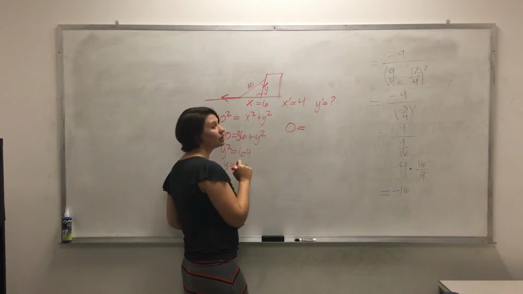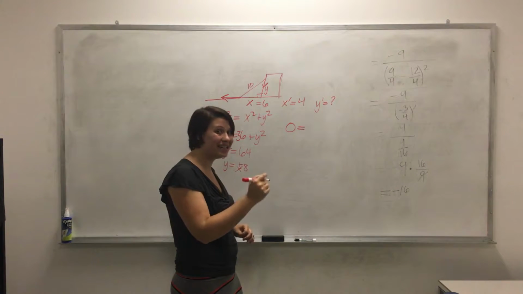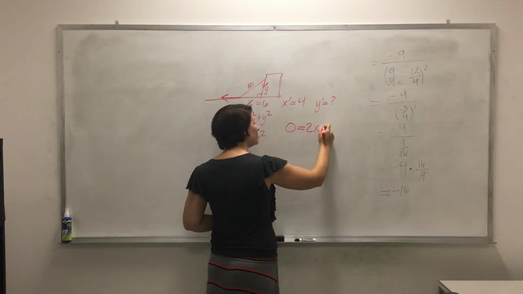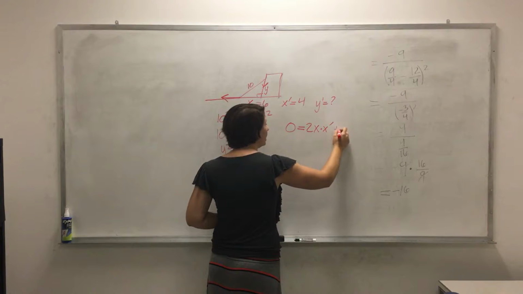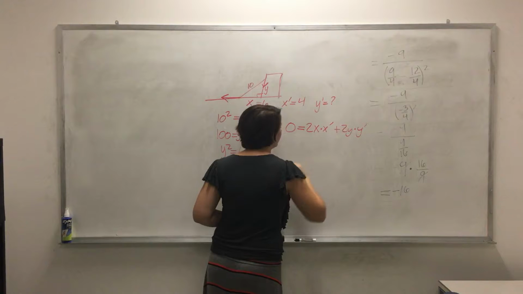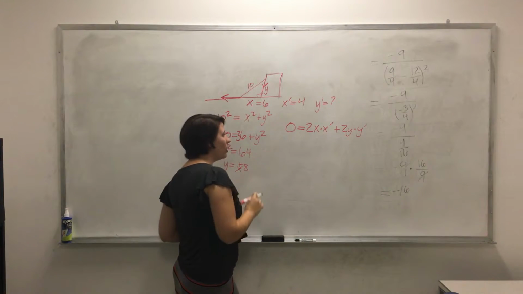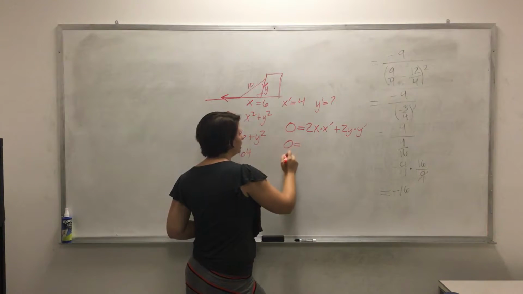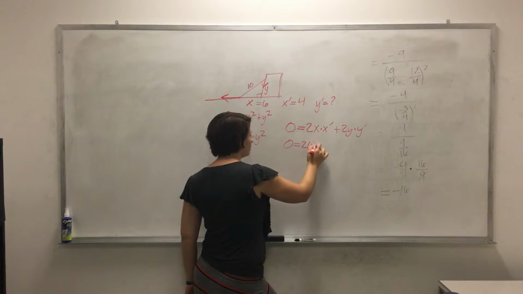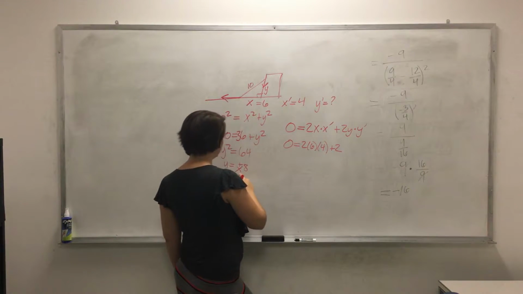So then the derivative of x squared, remember this is related rates. These x and y's are about t. So it's not just 2x, it's 2x times x prime, plus not just 2y, but 2y times y prime. Okay, so then we can go ahead and plug in. So 0 is equal to 2 times x, so 2 times 6 times x prime, so 4 plus 2 times y, or 8,